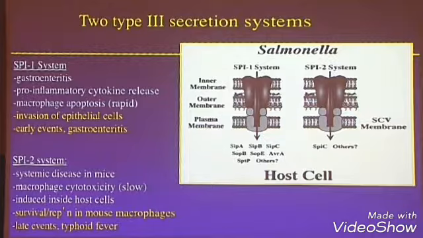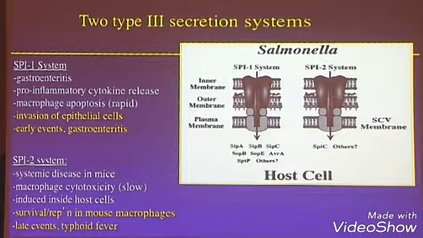Generally, it's thought that this first one, called Salmonella pathogenicity island 1, or SPI-1, is involved in the uptake of the bacterium into the intestinal epithelium. So this is the initial stage of the event, where it can pump molecules in that trigger invasion and entry into epithelial cells. This event also seems to deliver effectors involved in the early events of gastrointestinal inflammation. So when we think of Salmonella and gastroenteritis, we generally think of this SPI-1 system.